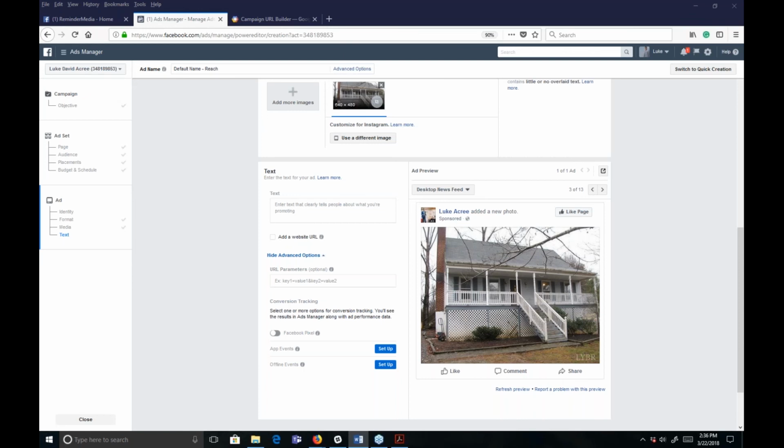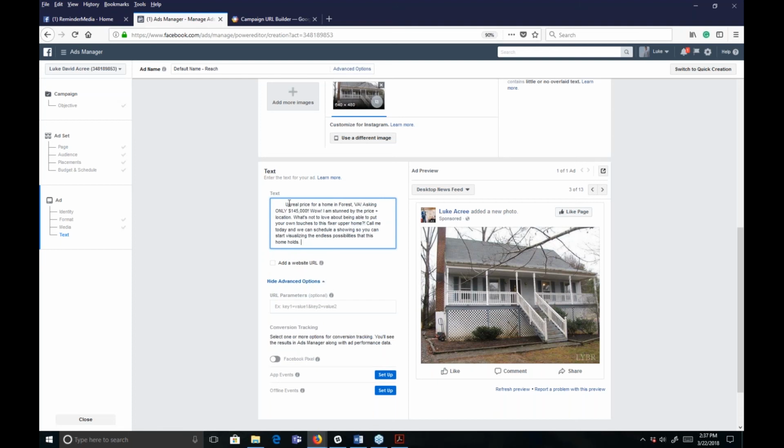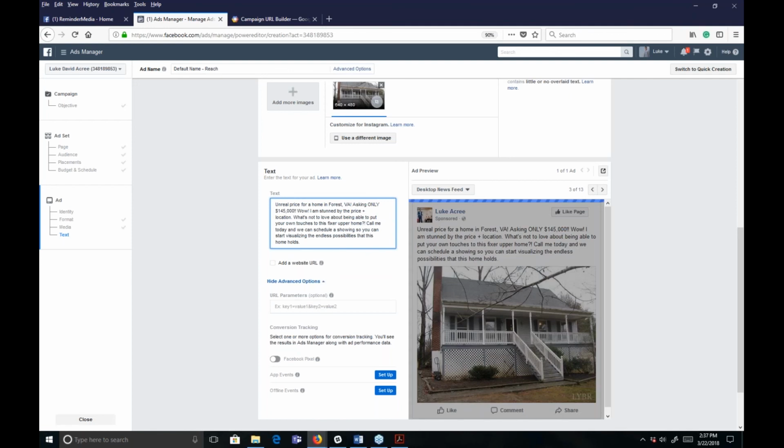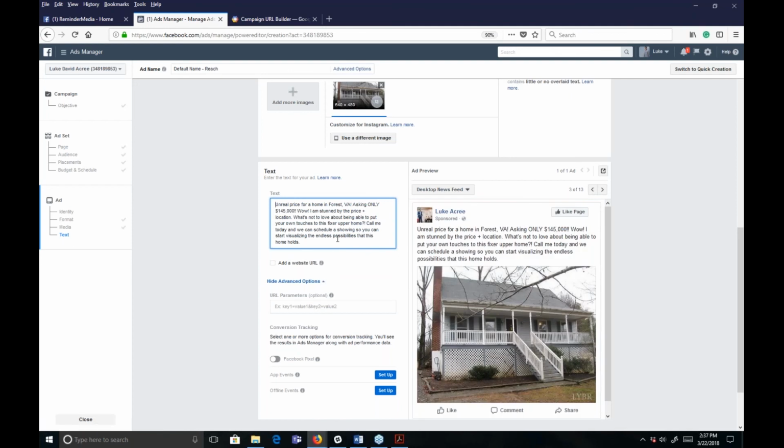What it's showcasing is this is a great deal, which is getting people to stop. So next, what we do is super interesting: we actually put our link in the text. This is something we learned. We didn't start doing this. We didn't start putting our link in the text. But what we ended up doing was we started putting our link above the text instead of doing a website